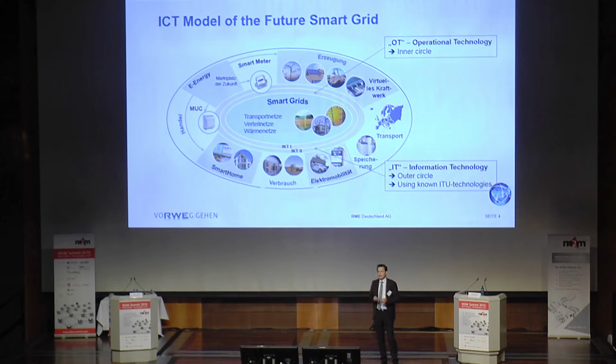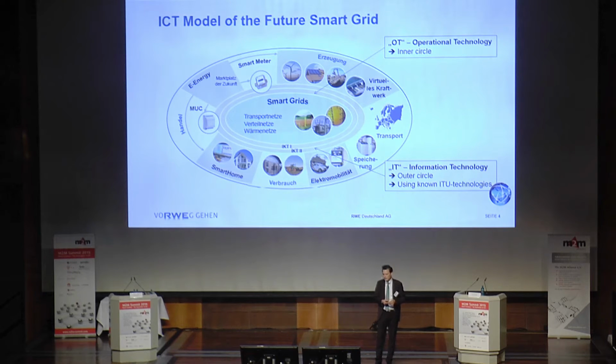What you can see here is a quite simple model which we use within the community or within the utilities to show how ICT is working. When we are talking about information and communication technology, we have very interesting topics which we already had on our agenda, like Green Pocket has presented in the area of energy management or smart home. But on the other side, you have very traditional and classical infrastructures we have to operate as a utility.